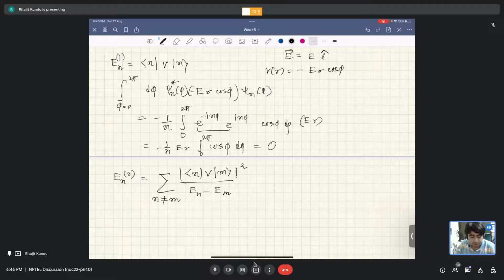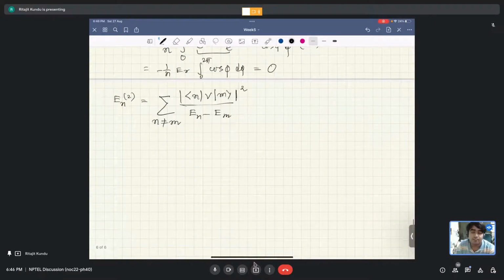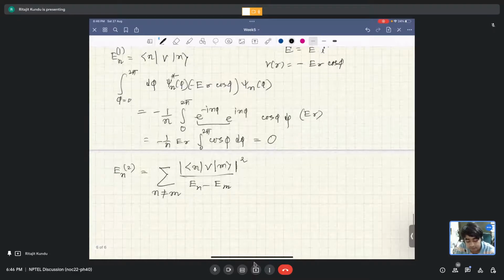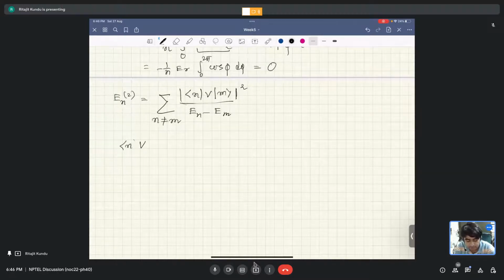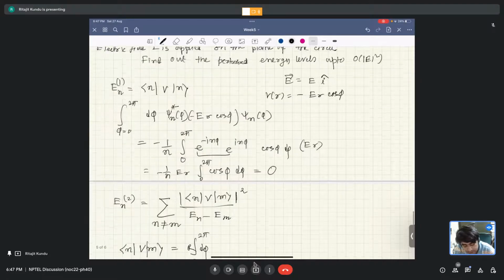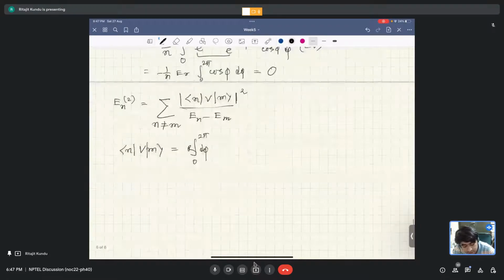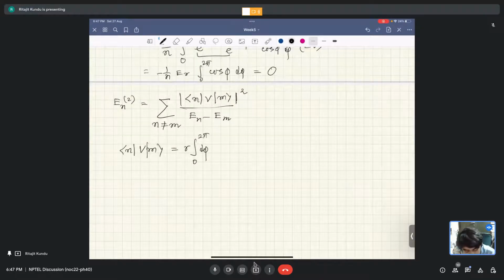Before that, let us first try to understand the other matrix elements. For the diagonal elements, which give the first correction, we have seen that this is 0. So we are sure there are no diagonal elements, but let's look at some other elements of the matrix itself. In this case also, I'll write this in real space. I have been missing one r, so there is one r, where r is the radius of this circle. So r d phi, and then there is